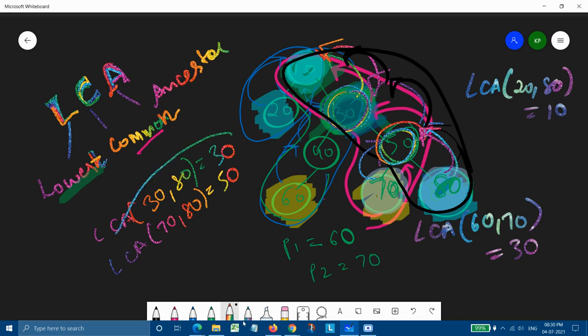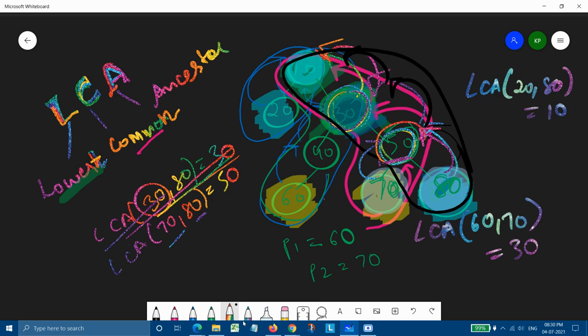After these four examples, we can simply observe that when both are on the same lineage, then the one which is towards the root is the one which becomes the LCA. If both of them are in the same subtree, that is 70 and 80, the one which is the root of both, that is 50, is its LCA.